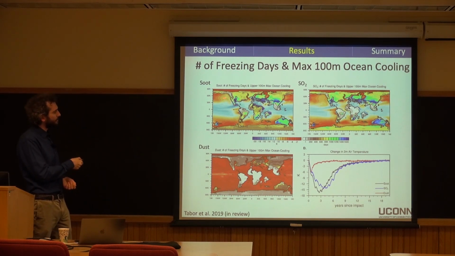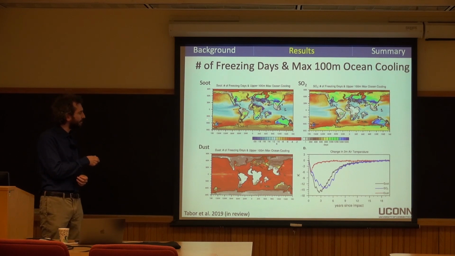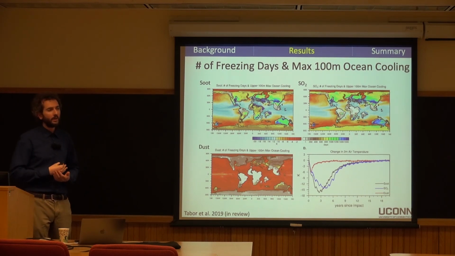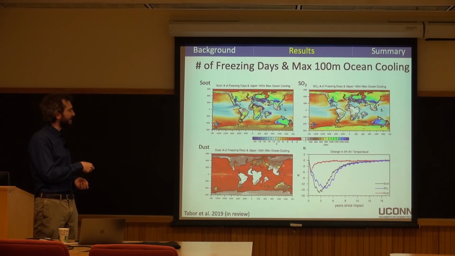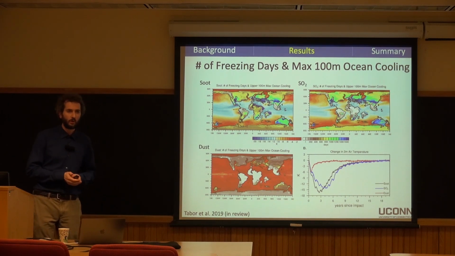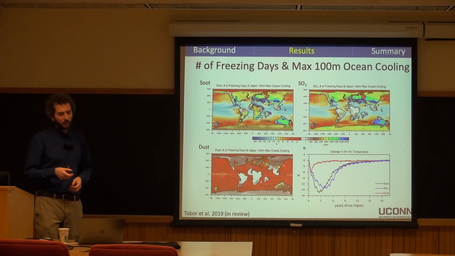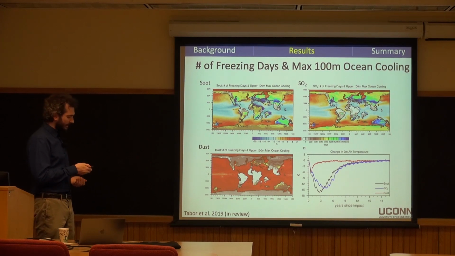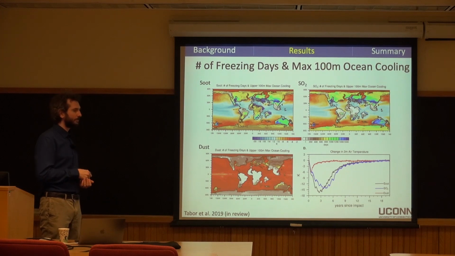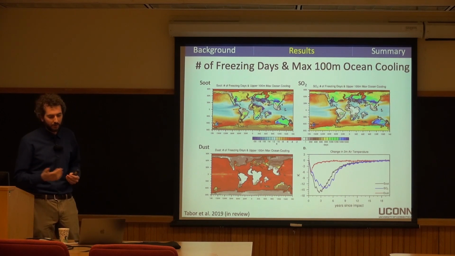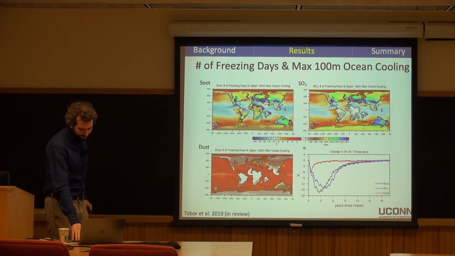But you're getting such an extreme increase in deep water formation in these high latitude regions that you're actually pulling this relatively warm water from the mid latitudes up into the high latitudes and keeping things from getting too cold there. And so even though a lot of these shallow seas become sea ice covered within a year or two after the impact, these high latitude open ocean regions stay more or less ice free throughout the impact event.